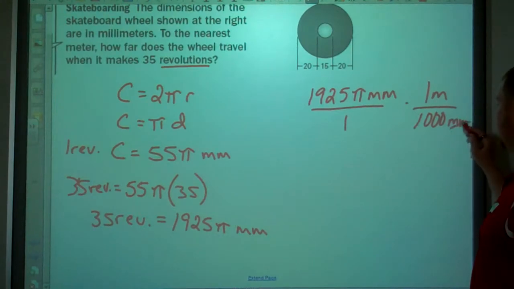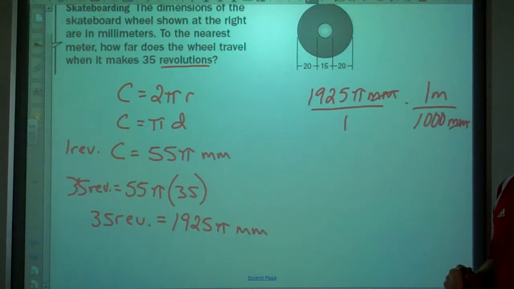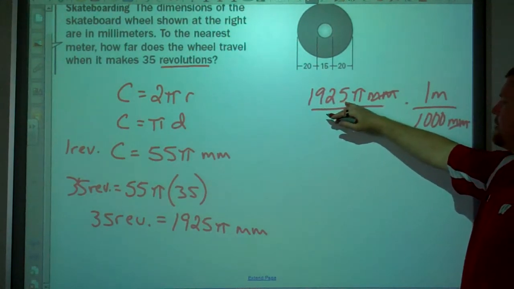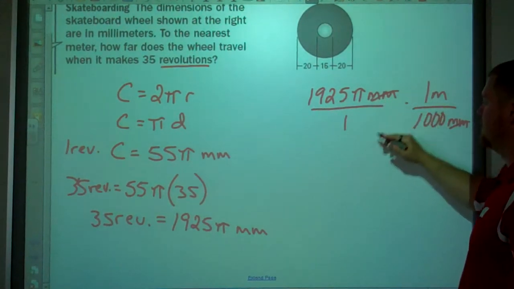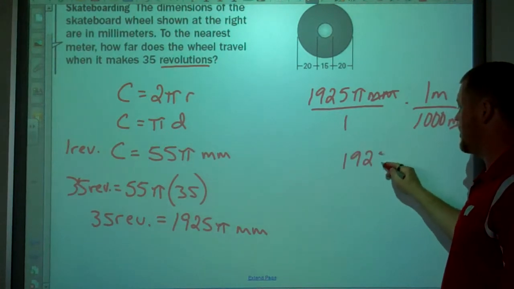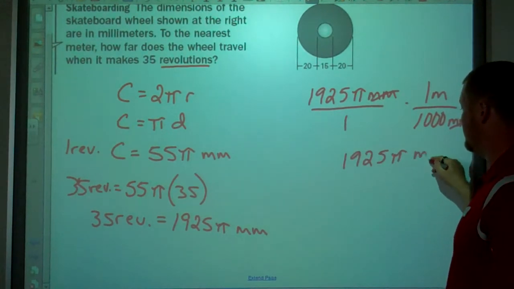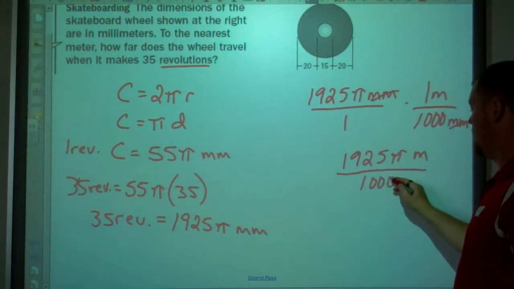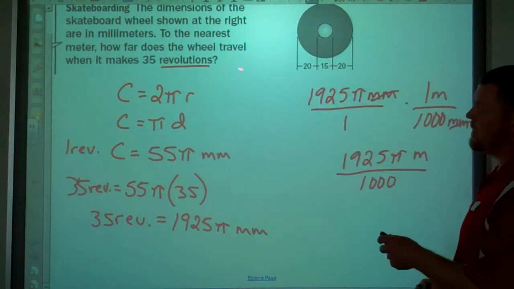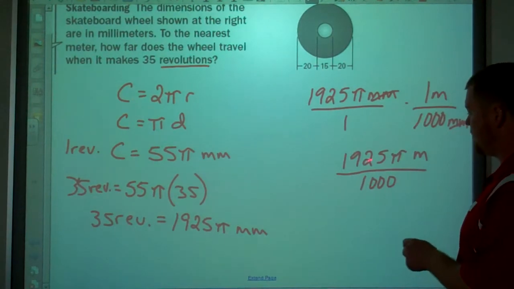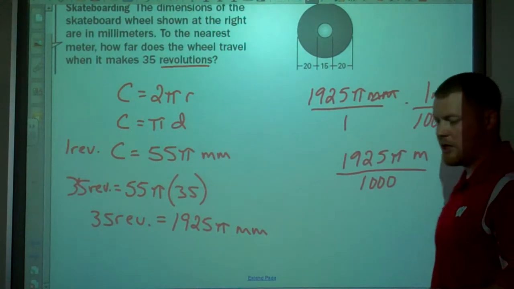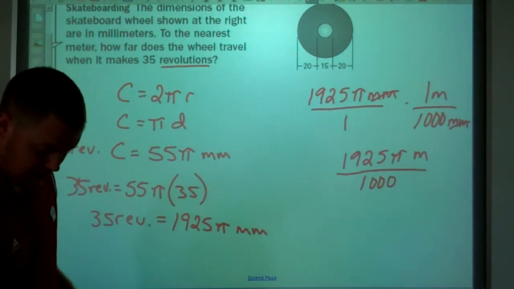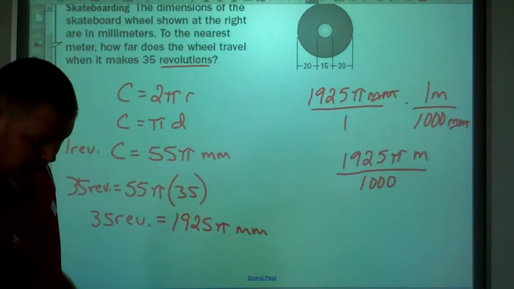So we take millimeters divided by millimeters, that's 1. They cancel each other out. Multiply your fraction. You get 1925 pi times 1, so 1925 pi. And meters divided by 1 times 1,000 is 1,000. So to the nearest meter, that means we have to multiply that and then divide by 1,000. So 1925 times pi,